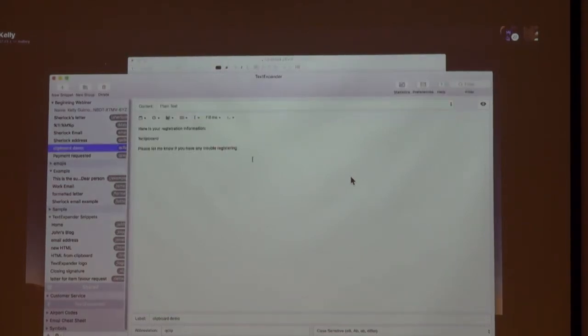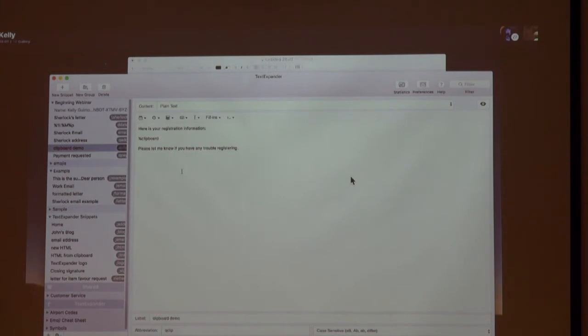So if you want to get started using TextExpander, one of the tips that I give people a lot is to go look at your outbox in your email. First try sorting by subject, and then try sorting by recipient, because there's an excellent chance that you send the same email a lot. And if you do, then that's a very easy way to find it. And then you can take one of those messages, copy the body of the text, paste it into TextExpander,